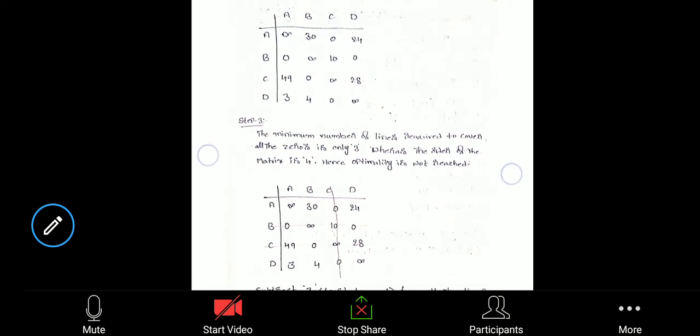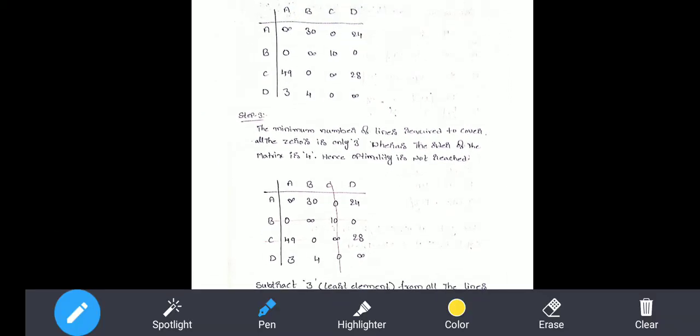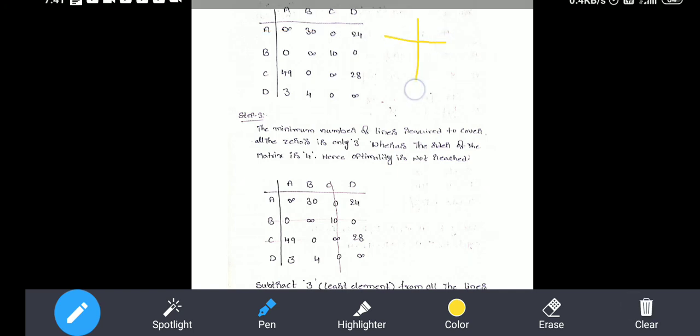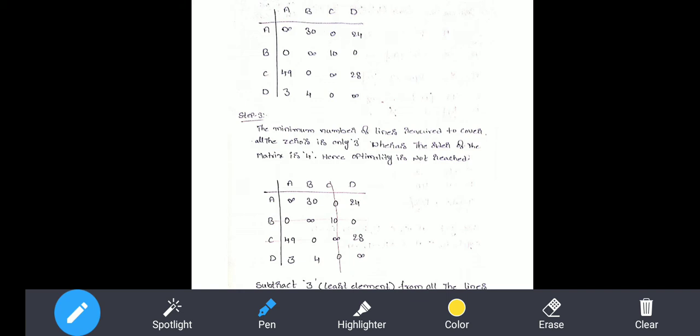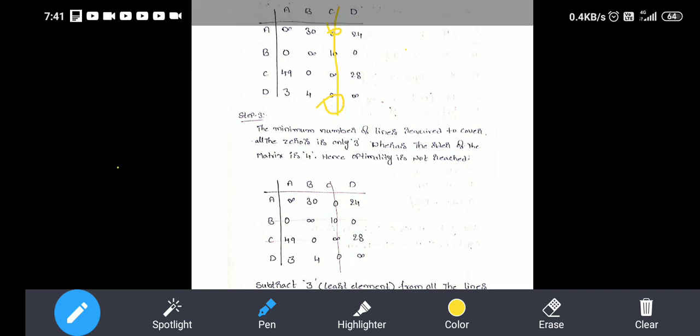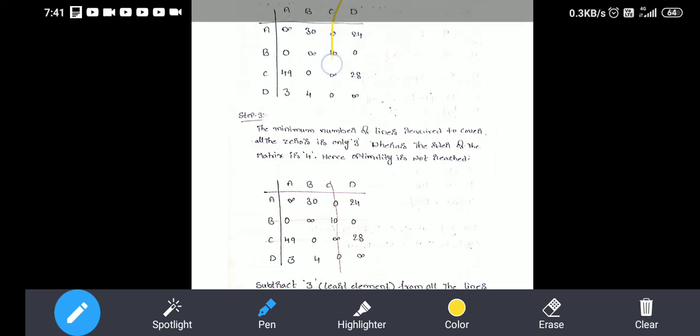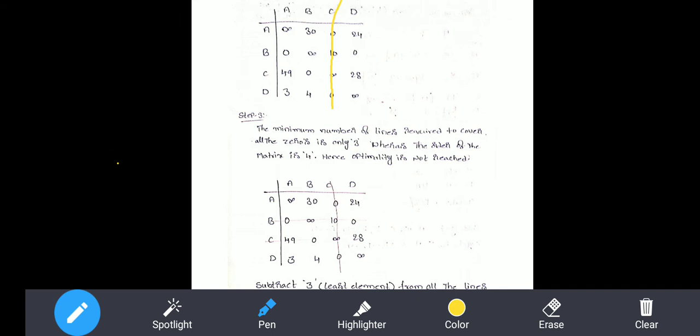Now you can go to the third step. So what is the third step for us? The third step will be the minimum number of rows required to cover the maximum number of zeros. So how many lines are you going to get here? In the first one, only 1 zero will be there. Before drawing the horizontal line, verify towards horizontal or vertical. In the row wise only 1 zero, in the column wise here one more 0 will be there. So it is better, it covers the maximum number of zeros. Means you can draw the vertical line.